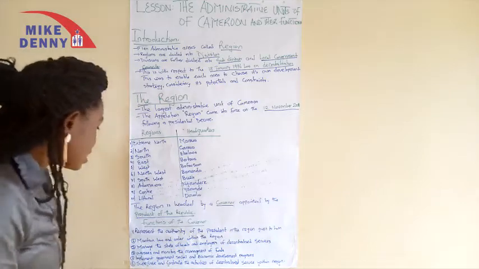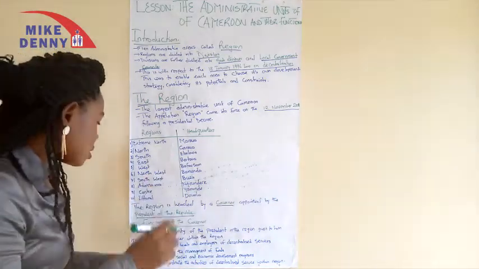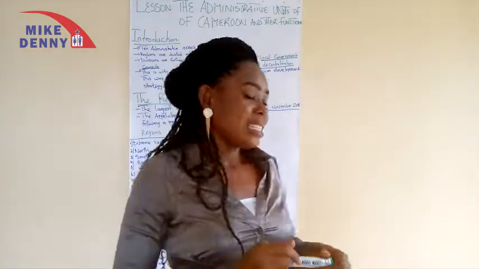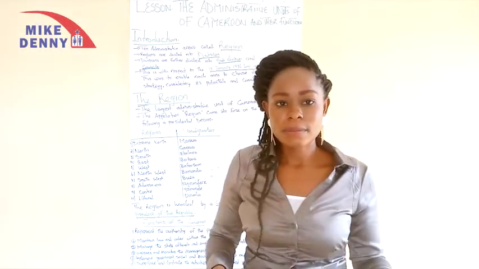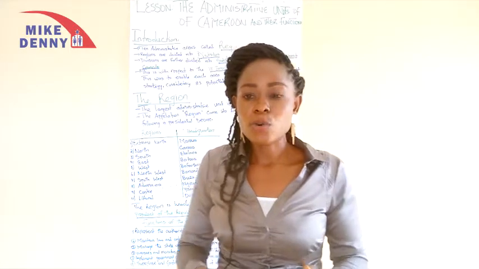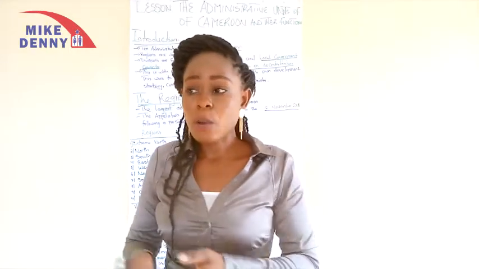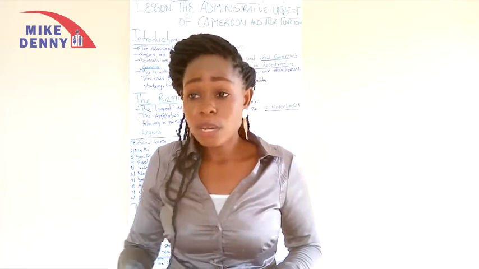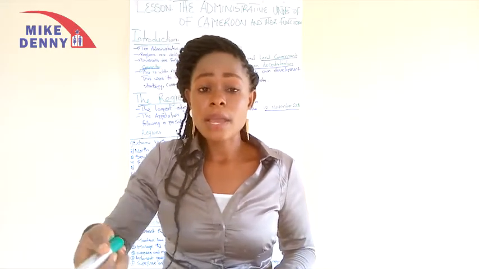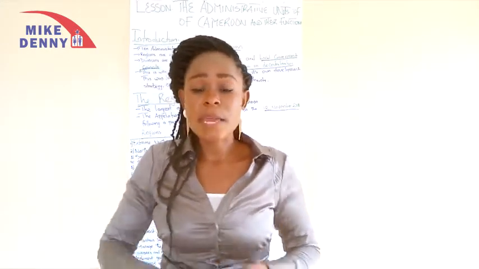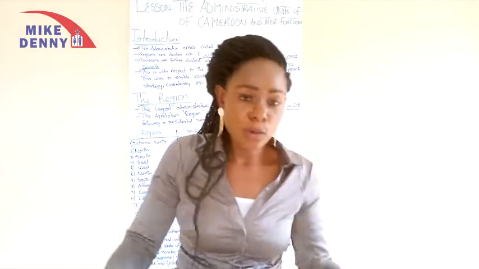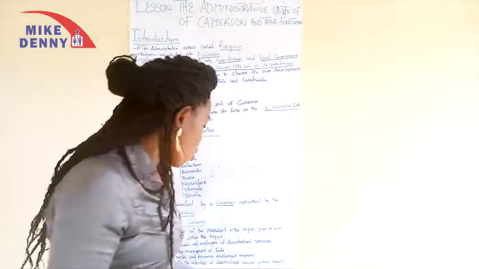Now the next is he manages the staff, officials and employees of decentralized services. That is those that have been employed and put in place and they are working. The governor sees to it that these people are actually doing what they were appointed or employed to do, and they are doing it well, and makes sure they are also being paid. That is the work of the governor.